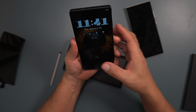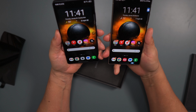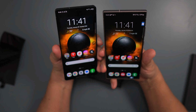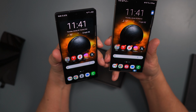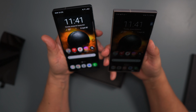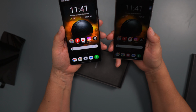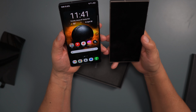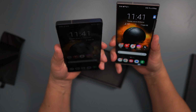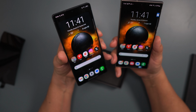I'm telling you, I don't know. I'm so confused right now, because I'm just going to be honest with you. I like the S24 Ultra better. I think it has a better pin. It feels like this screen is bigger. I know it's flat, but I don't know. I'm on the fence with this. I don't know how to, oh God, I don't know what to say. I don't know how to tell you that,